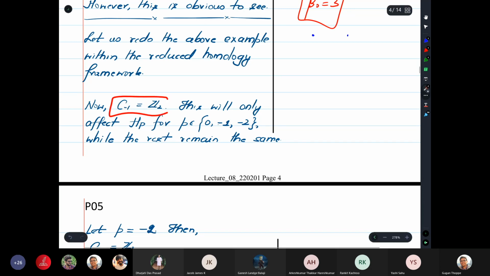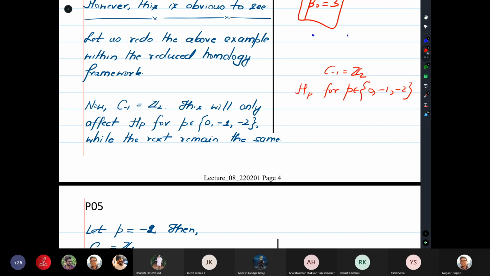This is the only change that happens, right? So now recall that C-1 being Z2, this will only affect the computation of HP for P in 0, -1 and -2, right? For every other P, CP plus 1, CP and CP -1, these three vector spaces will not change, right? I have only changed one vector space, hence these vector spaces will not change if P does not lie